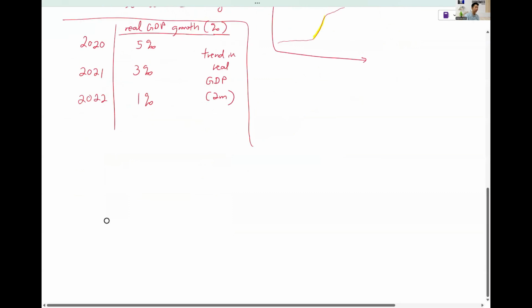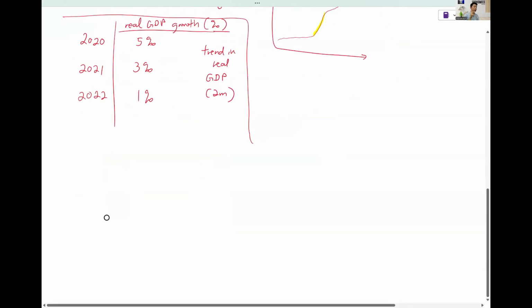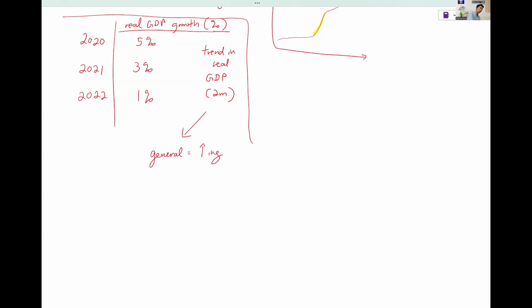Wonderful. Okay, now, oh, and I see this on Zoom too. Very good. Okay, so I think you are quite familiar with this. Do not say that real GDP fell because the data shows growth rates. As long as the growth rate is positive, the underlying absolute value is still rising. So your general trend is that it was increasing. Your anomaly is that it's increasing at a decreasing rate. This is the second best anomaly because there's no trend reversal.